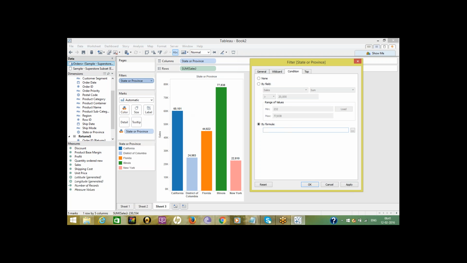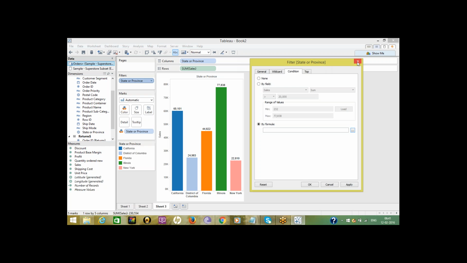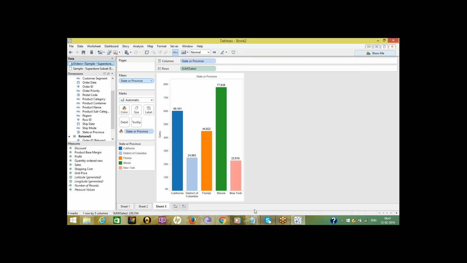When you click onto the by field, minimum value is 232. Here based on some condition, we'll see conditions later.